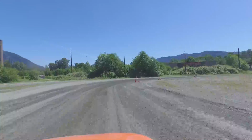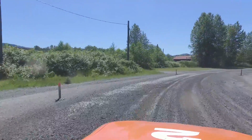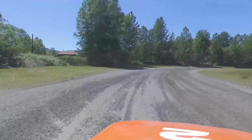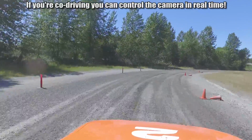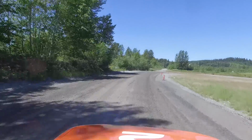You can see as the car is pitching and turning, the gimbal is actually slowly trying to keep up with the car, so you get this really cool tracking effect that you wouldn't otherwise be able to get with any other type of equipment. I mounted this thing on the top of the car, I mounted it on the front